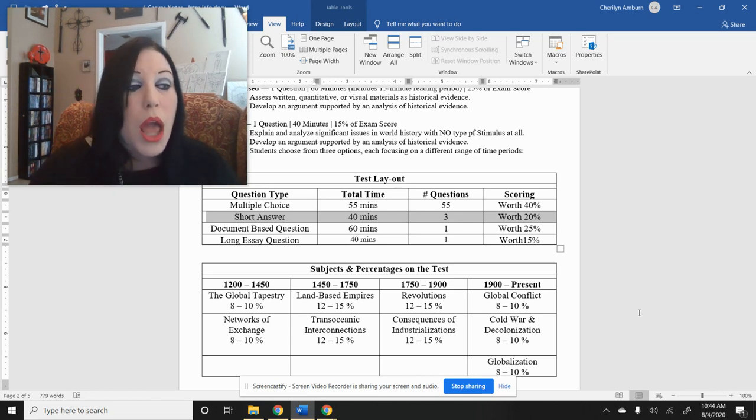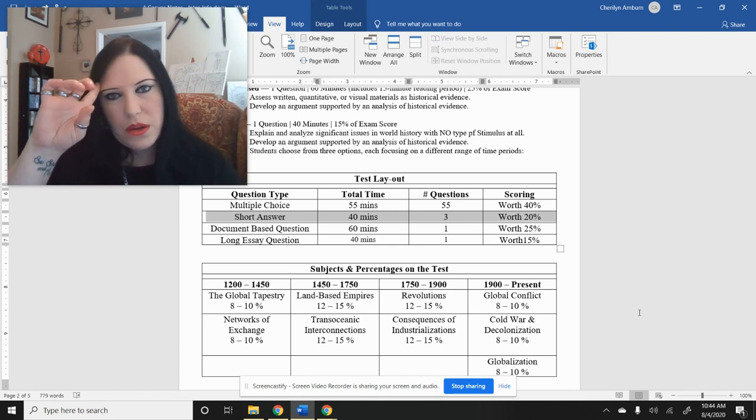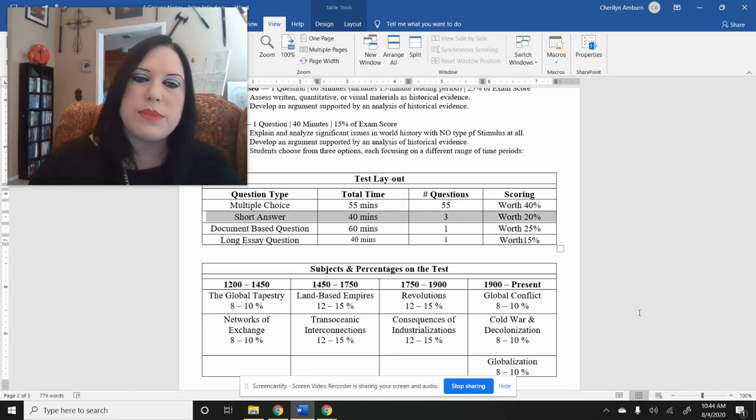Again, it's all analyzation. Honestly, I'm not overly worried about the short answer. I honestly think that's probably the easiest part of the test. We'll deal with it, obviously, but I focus more on